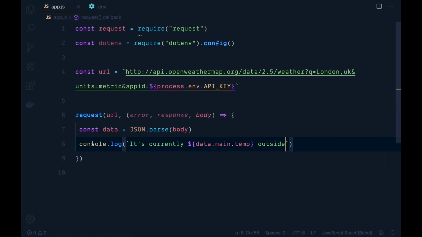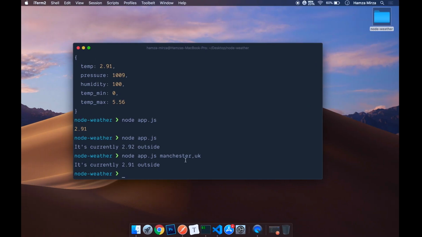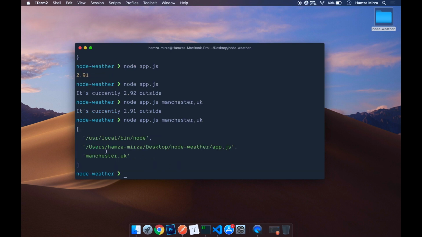If in this console log, instead of console logging this entire thing, I'm just going to cut this out for the time being. And if I say process.argv, sorry. So if I go back to the terminal and just say node app.js Manchester UK, we can see that there is an array, and right here in the third index we've got exactly what we typed inside as an argument. So we can pull out this third item in the array,